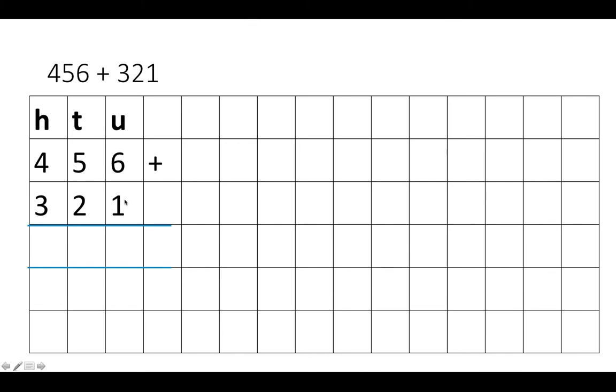So starting with the units, 6 add 1 is 7. Move on to the tens, 5 add 2 is 7. Move on to the hundreds, 4 add 3 is 7. So let's look at that again. We always start units first, so starting with the units, 6 add 1 is 7, 5 add 2 is 7, 4 add 3 is 7. So 456 plus 321 is